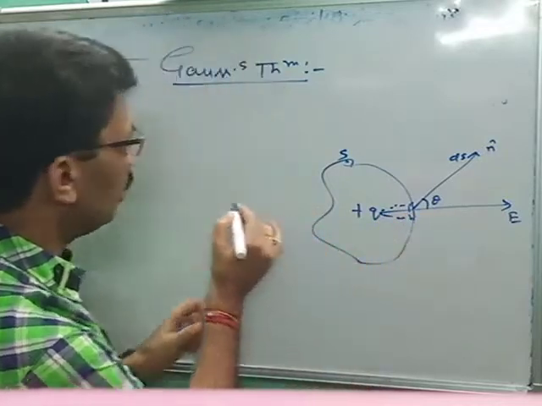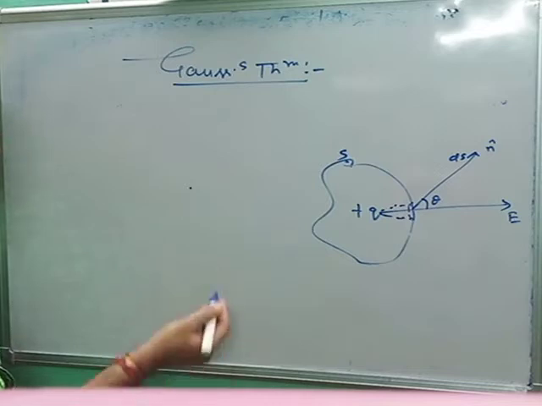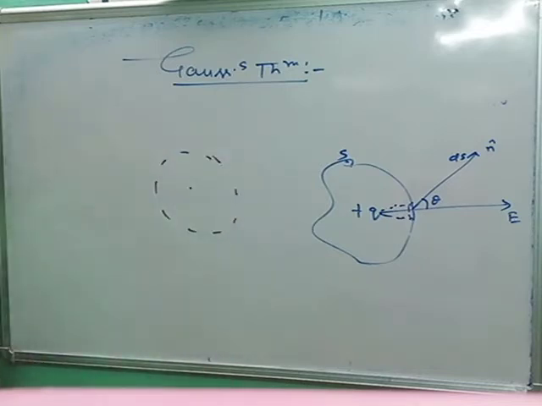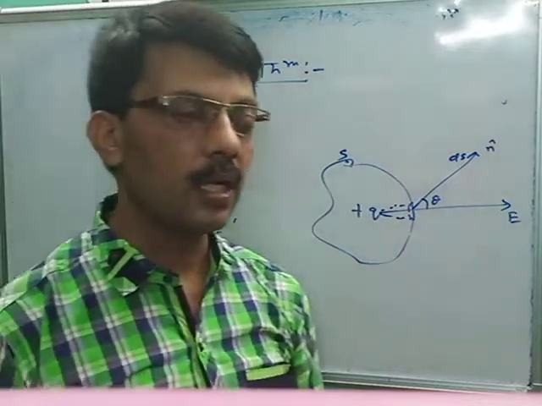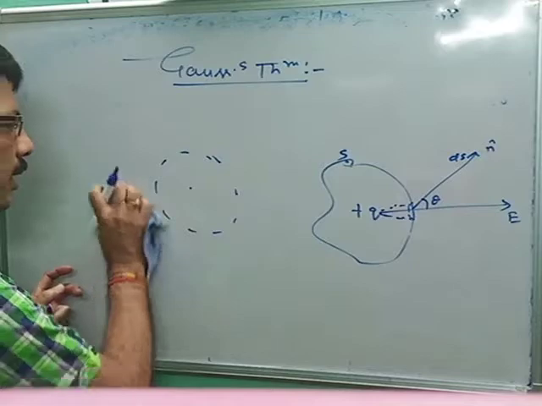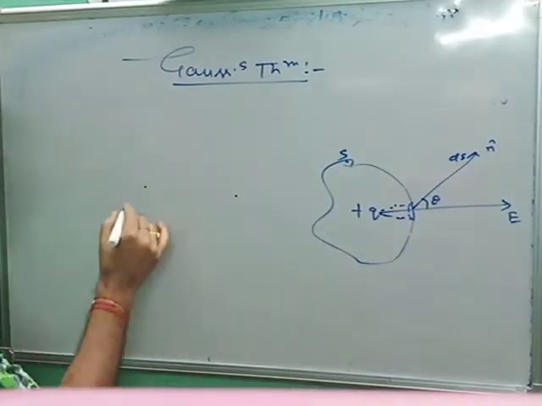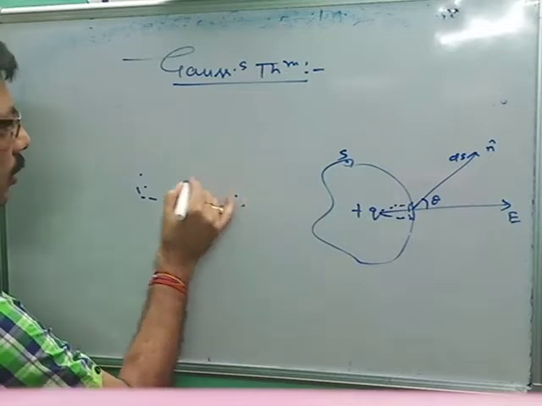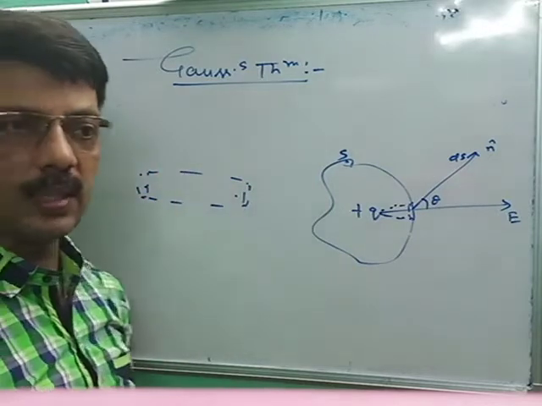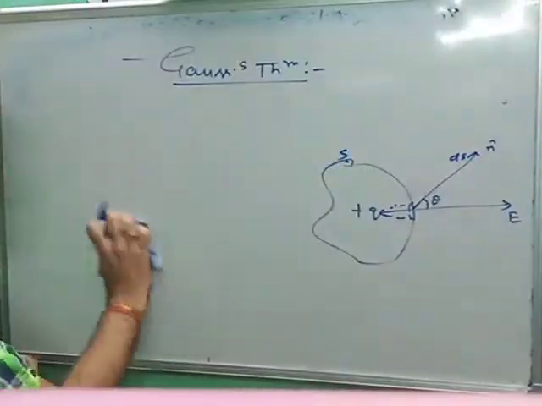What is the Gaussian surface? Let's suppose this is any point. If I ask you to find the Gaussian surface, it is this. It is an assumption. We can assume any Gaussian surface, an arbitrary shape. Let's suppose two points are given like this, so it will be in the shape of a cylinder. This surface is called the Gaussian surface. For our need, we can assume the Gaussian surface.